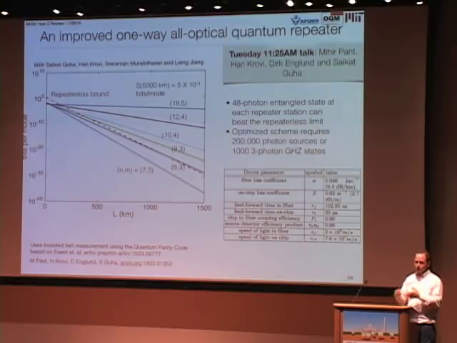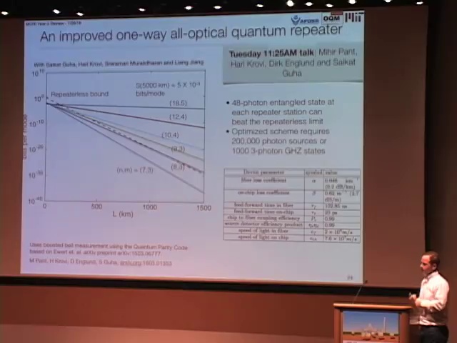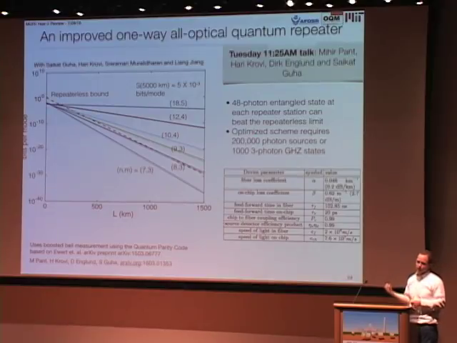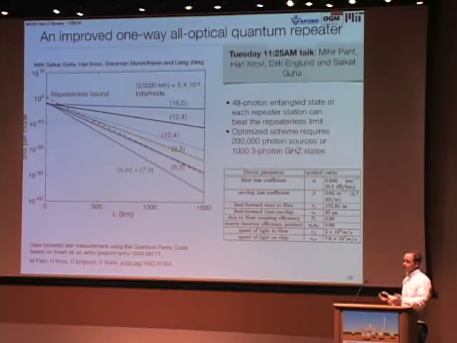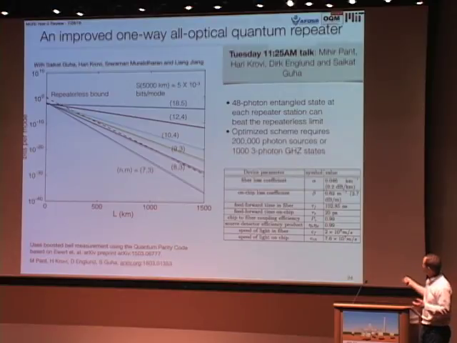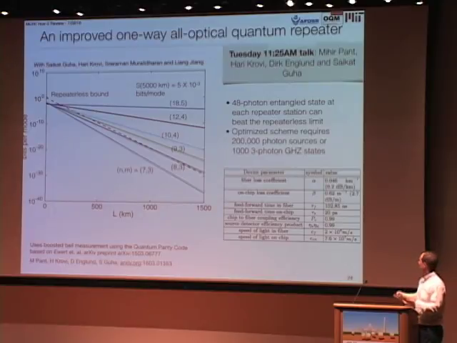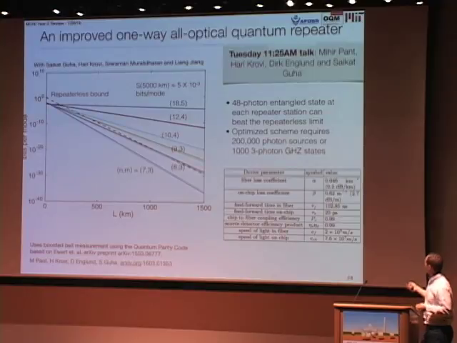Then we, and Mihir, put in some optimizations. We now use boosted Bell state measurements and tree networks to make these cluster states more efficiently. And that reduced the complexity down to maybe about a few 100,000, based on 99% detector efficiency, which comes close to where we're going to be fairly soon, I would say. Aggressive, but not irrational assumptions on the technology. You still need maybe 100,000 or 200,000 photon sources on every repeater. Okay, it's not easy, but you can see the kind of things that we're up against technologically.